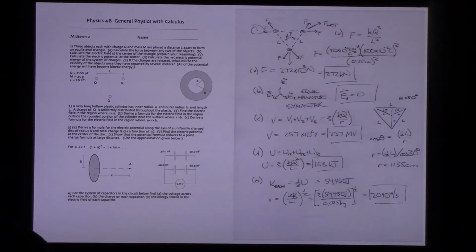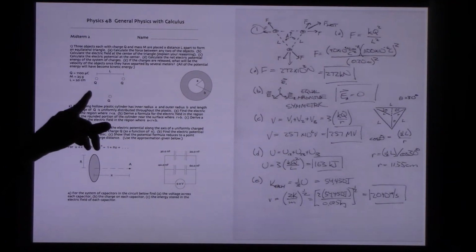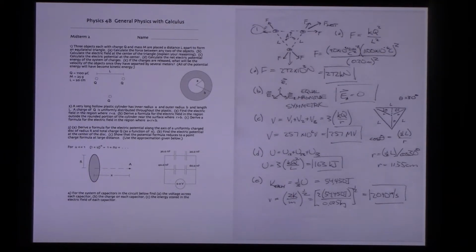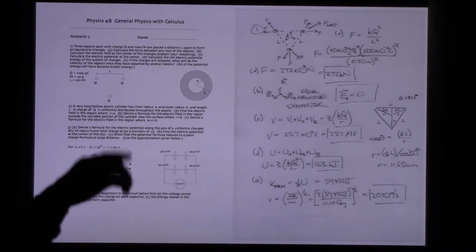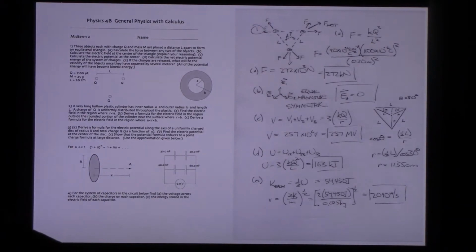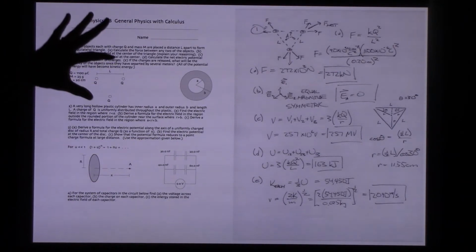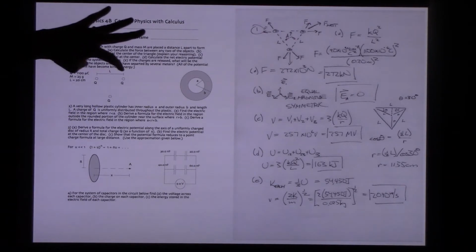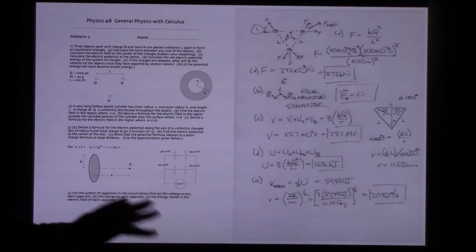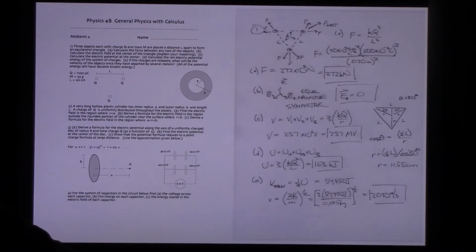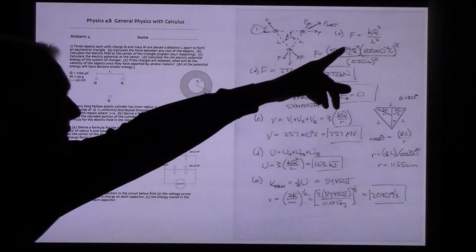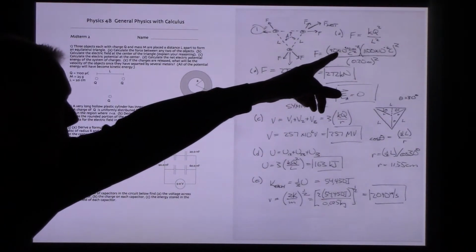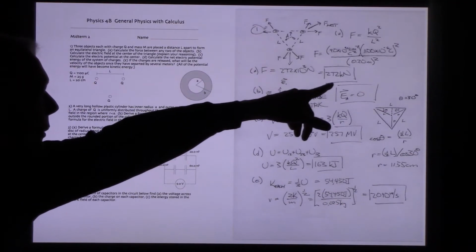Now there's a lot of symmetry in the problem. If there were 3 charges with different amounts of charge, if some were positive and negative, if all the distances between were different, we would have more things to calculate. But there's so much symmetry that there's a force acting between charges 1 and 2, between 1 and 3, and between 2 and 3. Fortunately, the magnitude of each of those forces is identical. So we really just have to calculate one number for the force, kq squared over L squared, and that worked out to be